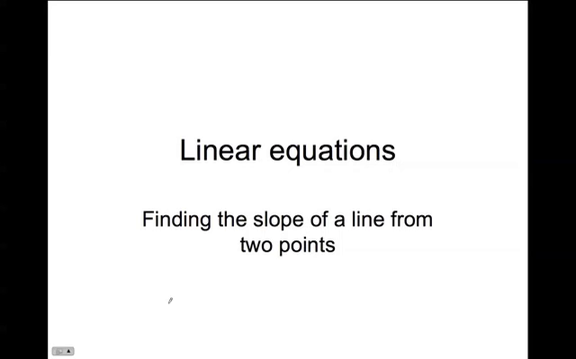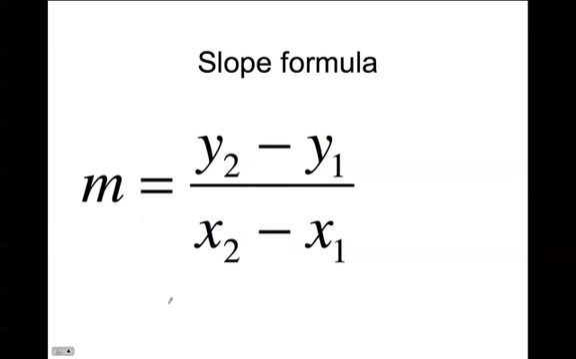All right. So what I wanted to show you this time was, again, part of linear equations. It's finding the slope of a line if we have 2 points on the line. So it's a really easy thing to do, but we have to remember our slope formula, which is m is equal to y2 minus y1 over x2 minus x1,